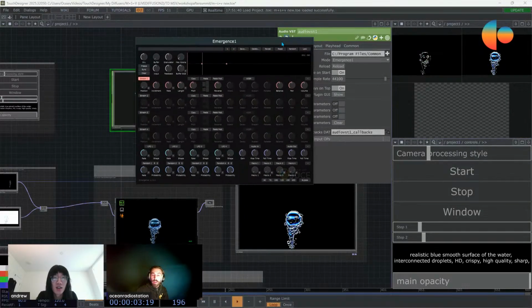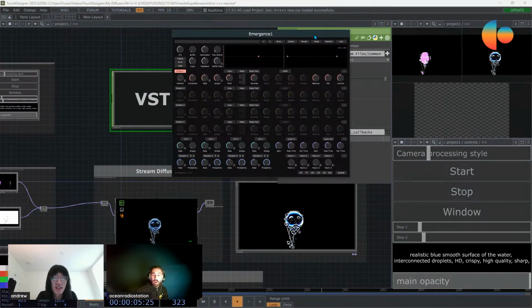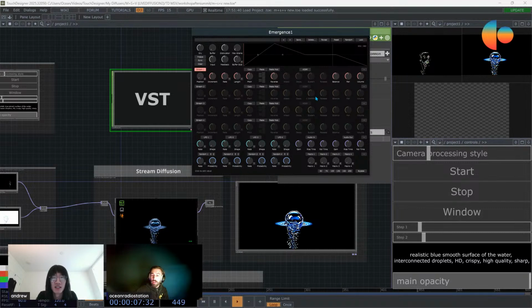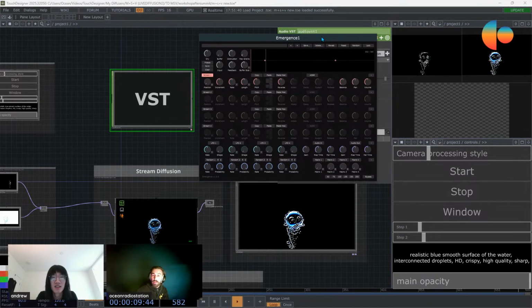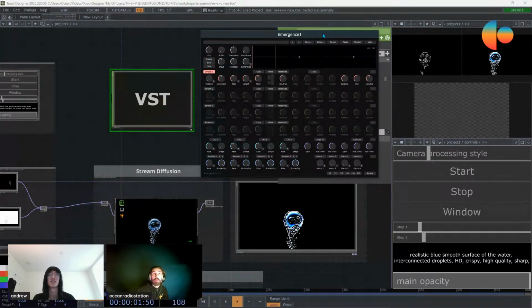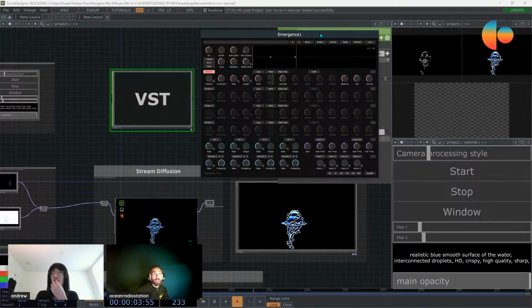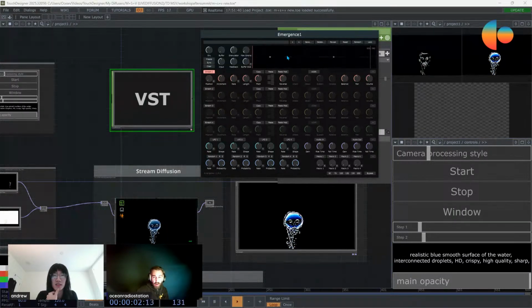So you have a VST. It's actually what I'm working with. It's Emergence, a plugin from Gurgly, the man is called Gurgly, and it's a granulator. You can make particles out of your sound.